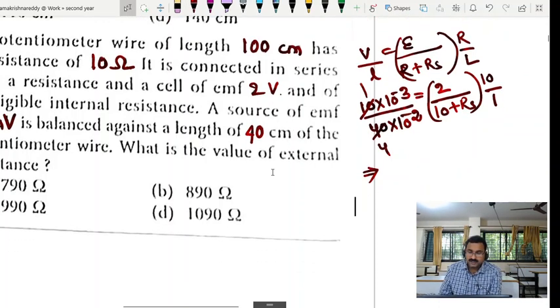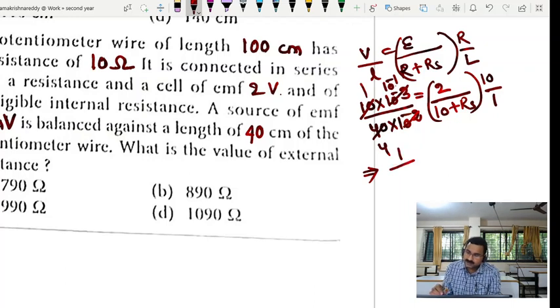So after that, the calculation part, to see that clearly. What we are getting in the required one: 10 power minus 3 and 10 power minus 2 will be cancelled here, so 10 power minus 1 remains. Now 10 power minus 1 is sent to the denominator. It is 4 into 10, 40 only. 20 divided by 10 plus RS.